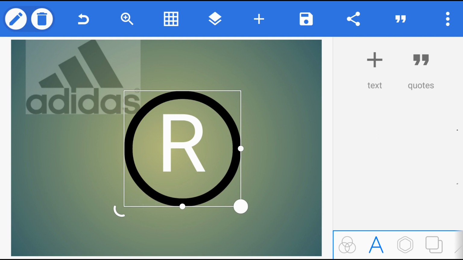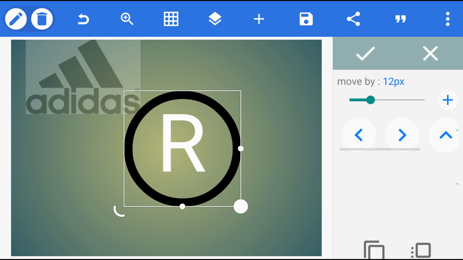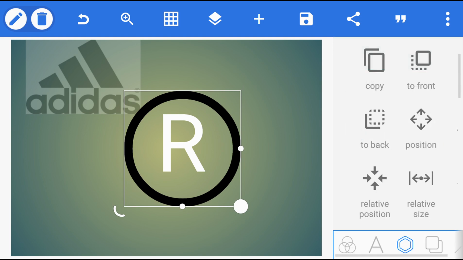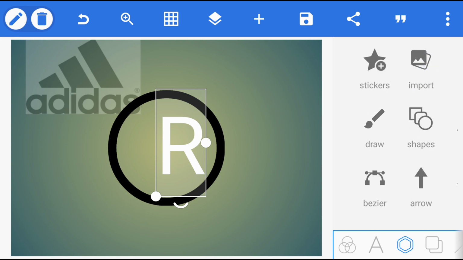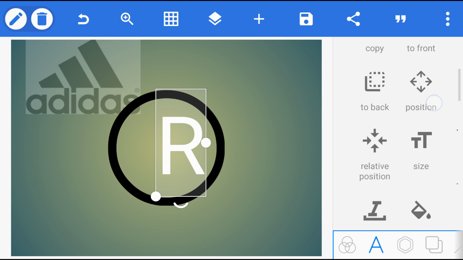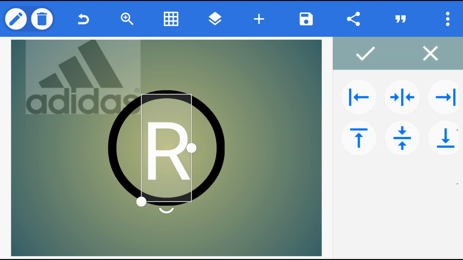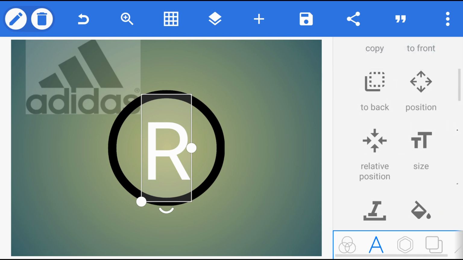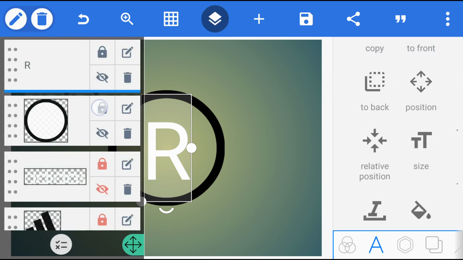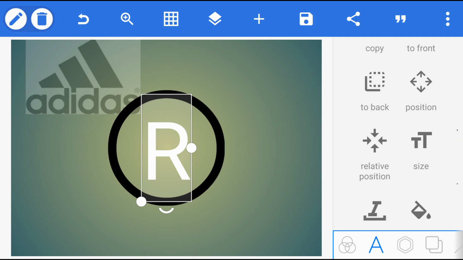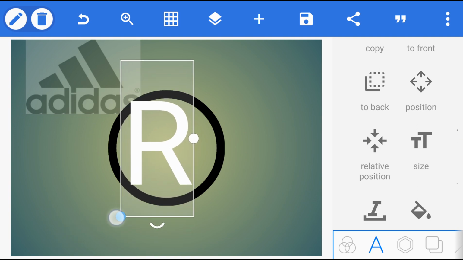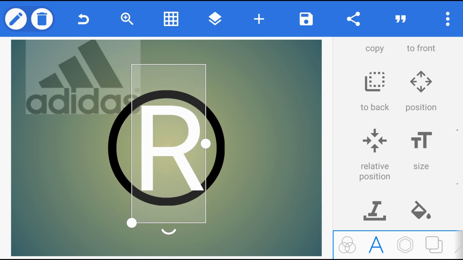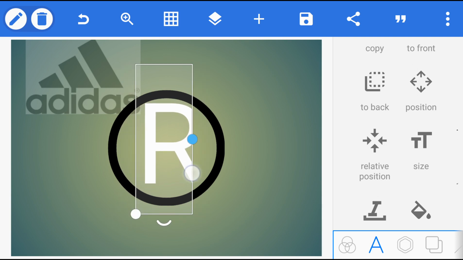So maybe I should just center this. I should center that, center position, oh no, sorry, relative position, center. Then I go to the arrow, relative position as well, center as well, and I go ahead and lock the circle, and I'm working only with the arrow. So I want to increase the size of this arrow again, as much as possible. I just want the arrow to fit into the circle,